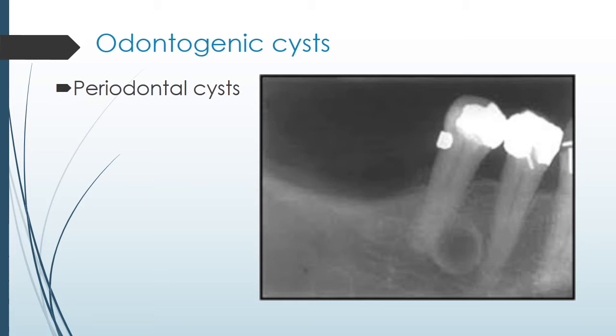The usual location of these cysts is the lateral surface of the tooth, and in this condition the cyst is known as a lateral cyst or lateral periodontal cyst, or it may occur at the apex of the tooth, and here it's termed a radicular cyst. When a cyst of inflammatory origin is found in a dentulous area, it is known as a residual cyst. Residual cysts occur as a result of incomplete surgical removal of pathological tissue at the time an